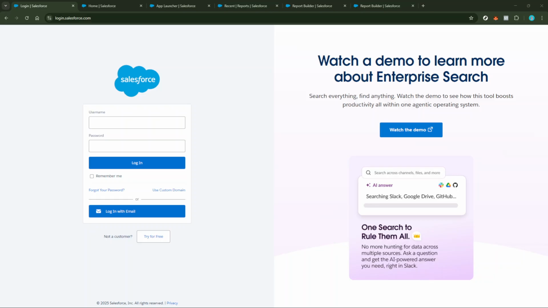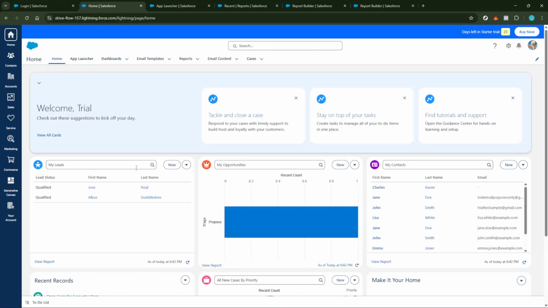To begin, you'll want to log in to your Salesforce account. Make sure you have the correct permissions to create reports, otherwise you might need to reach out to your Salesforce admin for access. Once you're logged in, head straight to the App Launcher, which is your gateway to various Salesforce